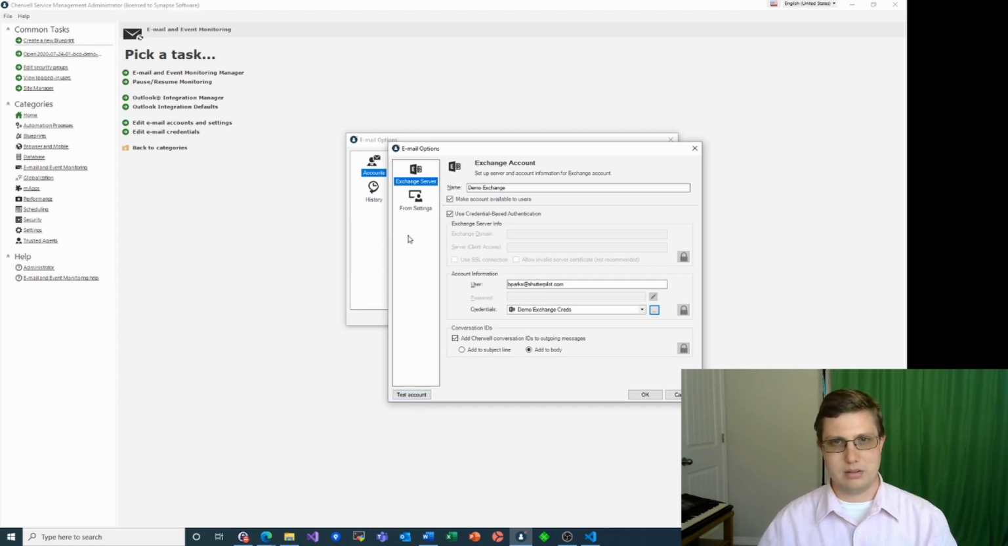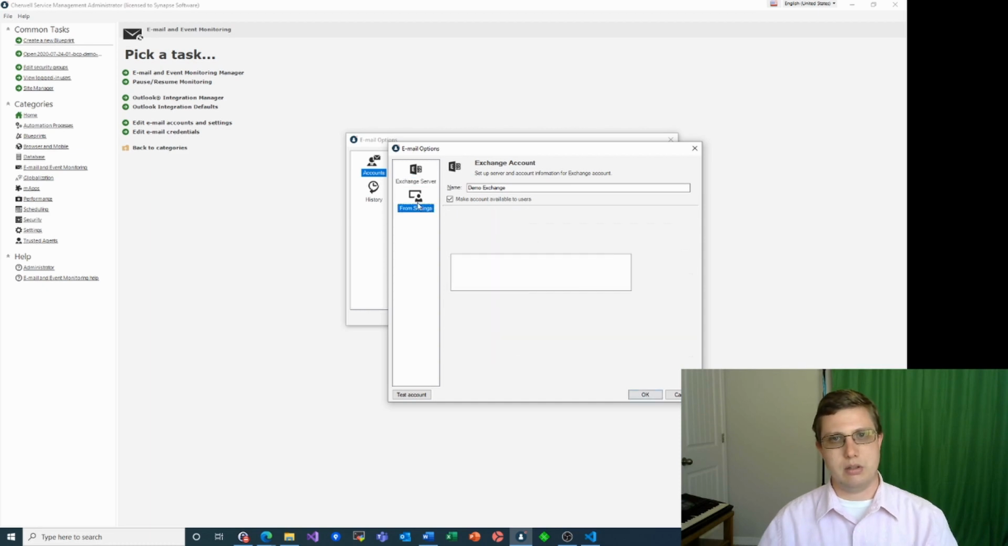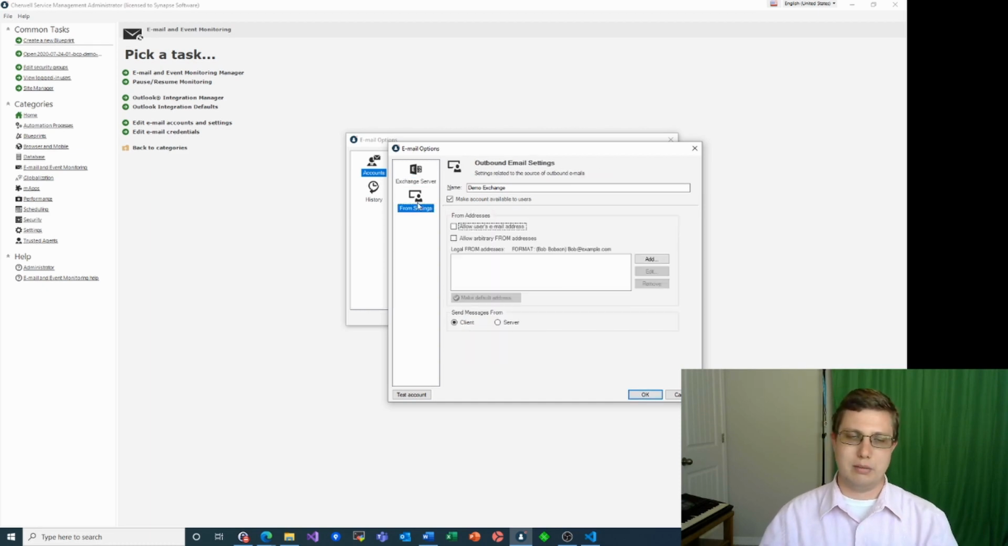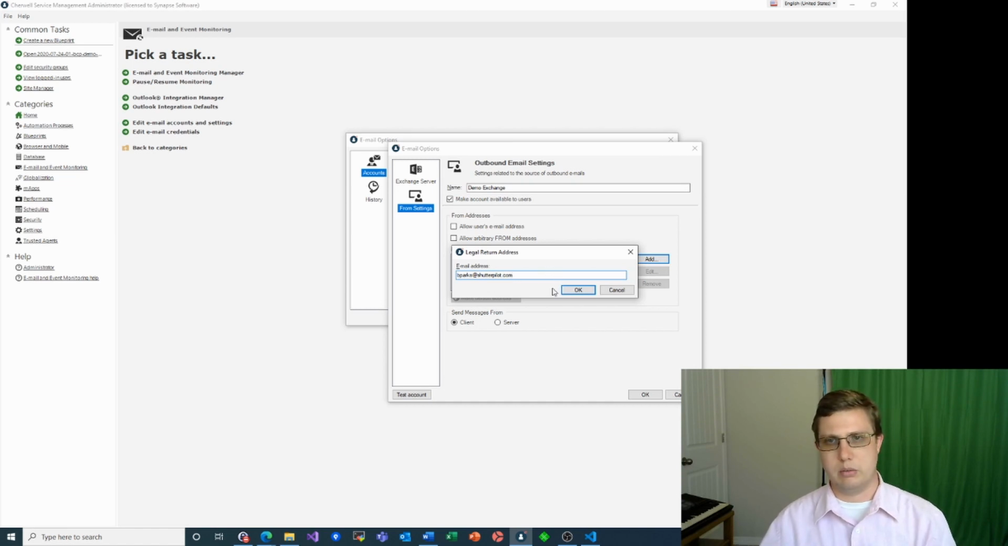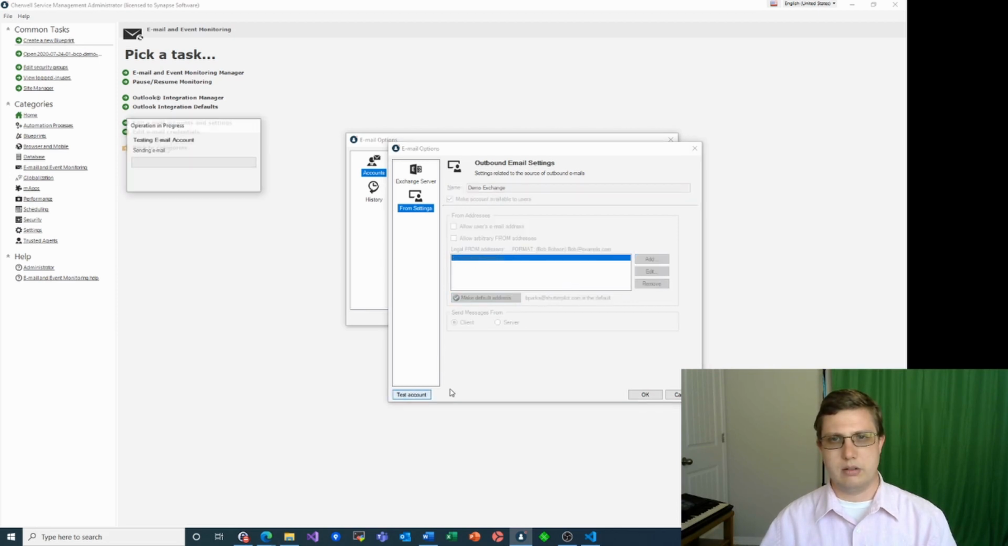However, we have one more thing that we need to do, and then we actually need to wait because of the way that Azure Active Directory works. There's a little bit of a delay. It might show up in the admin console, but it hasn't actually propagated through the rest of the system. So first, I'll add a from email address, and I'll make it the same as the account that we created. And now if I click test account,